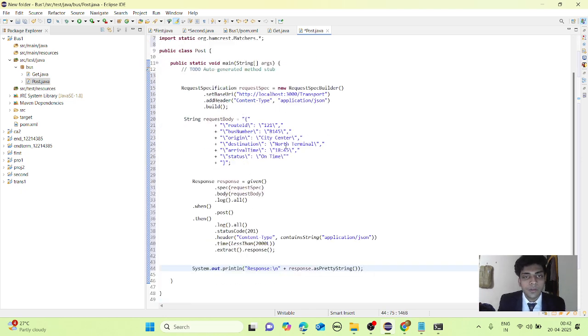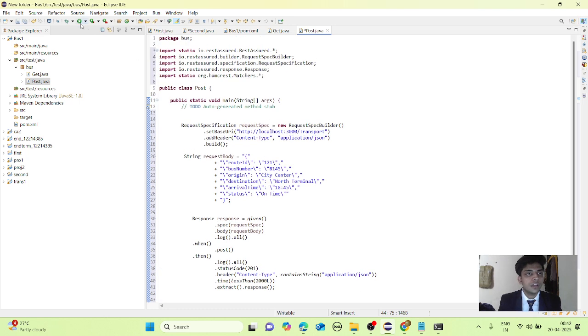Now the route ID we are adding here is 121. The bus number is B145. Origin is City Center. Destination is North Terminal. Time is 6:45 in the evening, and status is On Time. So let's click on the Run option and see whether it will be added or not.